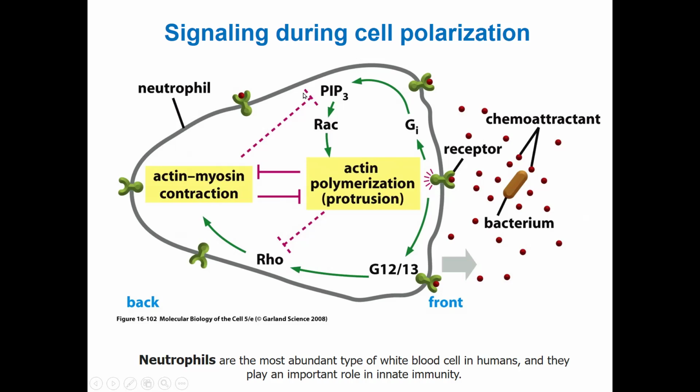Is it clear? So neutrophils are the guard cells, like immune cells in our body, and if a bacterium enters, it can sense the bacterium through the chemoattractant released from the bacterium, and then polarize the cell and gradually move, and then engulf, or kill or arrest the bacterium for immunity. Is it clear? Yes, sir.